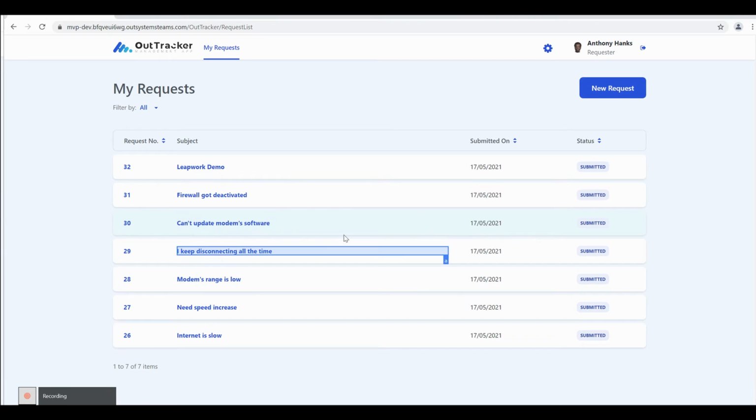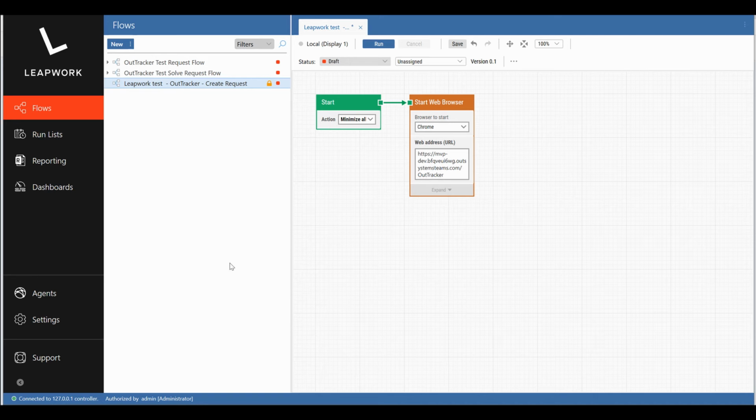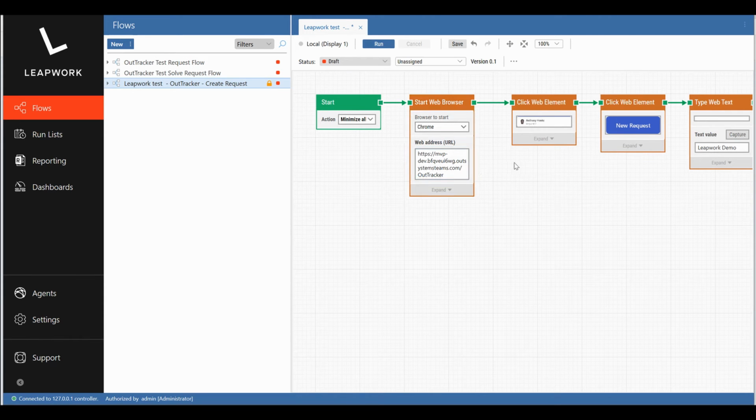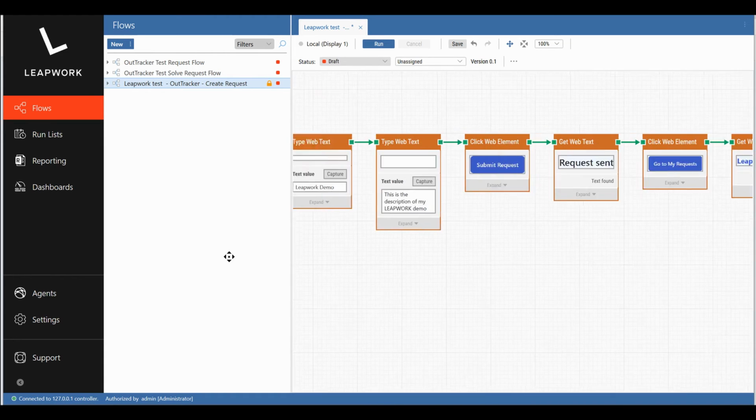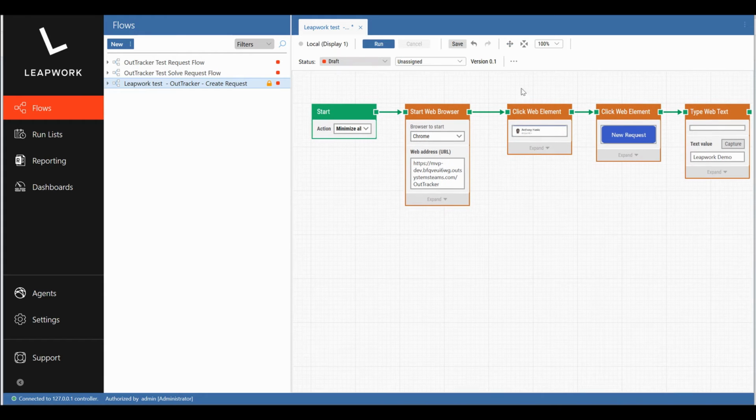And then I would like to say that I can close the recording. What you will see now is that all the flow elements that have been recorded are created next to each other. And I can even rerun my test to see that it works. But